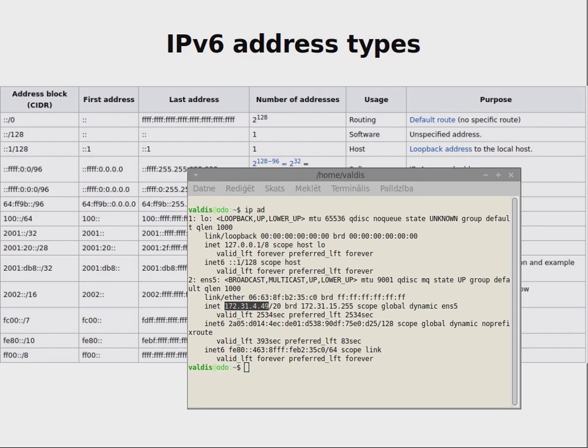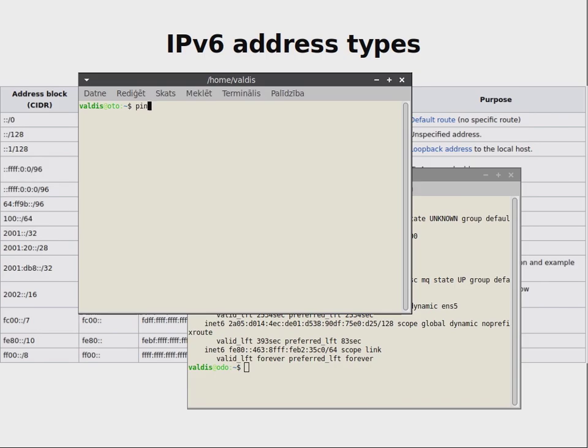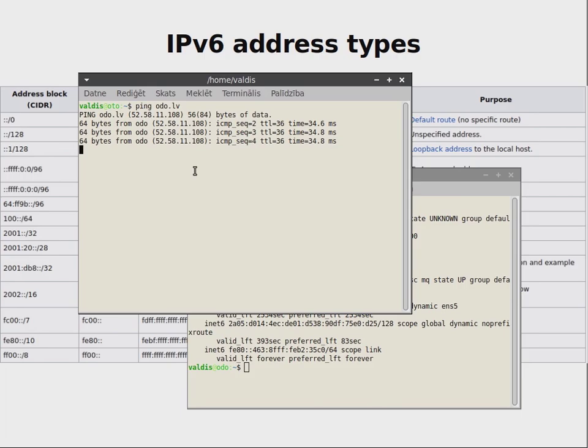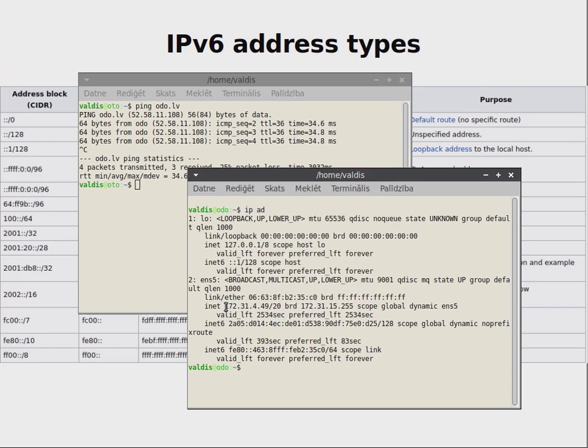For example, if I check what the public IP address is for this server, it is 52.58.11.108. But what the server sees internally is that its address is again a local area address, so there is network address translation happening on the other end.